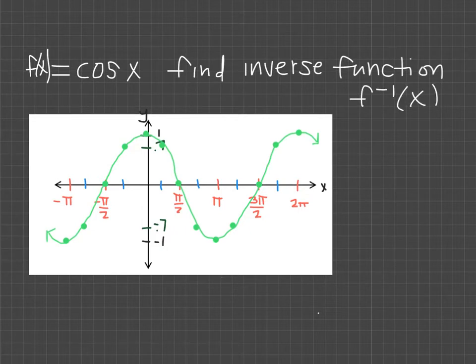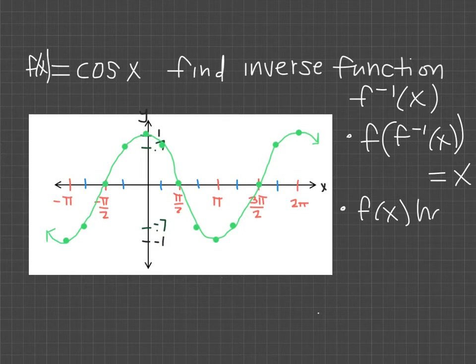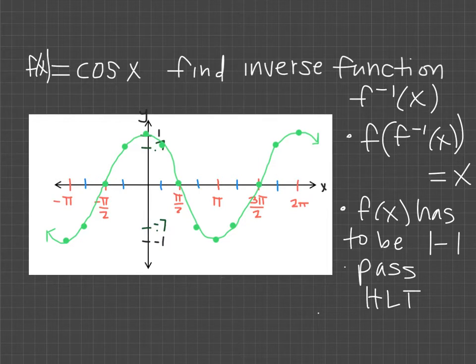So let's review the things that we know about inverse functions. If we have inverse function, f of inverse function x, well, that's equal to x. The composition of a function and its inverse function equals x. To have an inverse function, f of x has to be 1 to 1. And I'm going to write that as 1 to 1. So let's remind ourselves how we determine if we have a 1-to-1 function. It has to pass the horizontal line test. So the horizontal line test is if we take a horizontal line, we pass it through